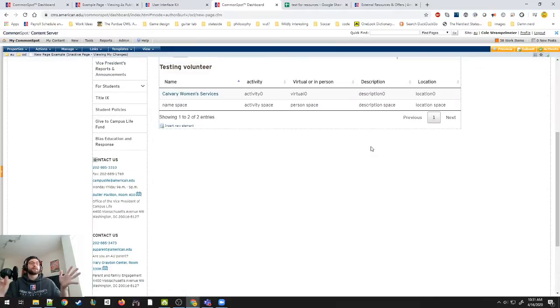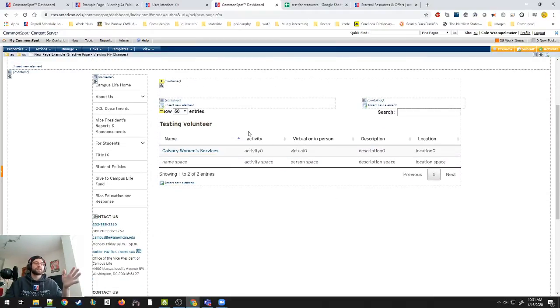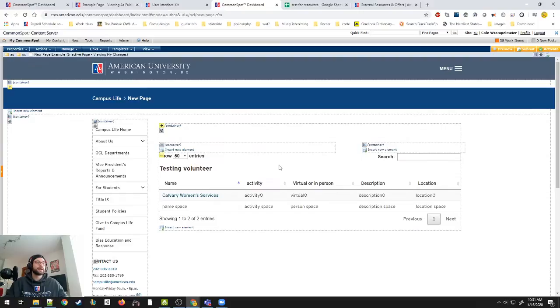So we're going to remake this text block. We're going to pretend like this spreadsheet doesn't exist. Whenever you make a new page, you are going to have this grid layout container. We want to insert a text block on this left-hand side, and we want to put one of those promo elements on the right-hand side. In my text block, I want to add an image at the top, and I want to add a bunch of links to send people to resources and other AU pages I think are very useful.